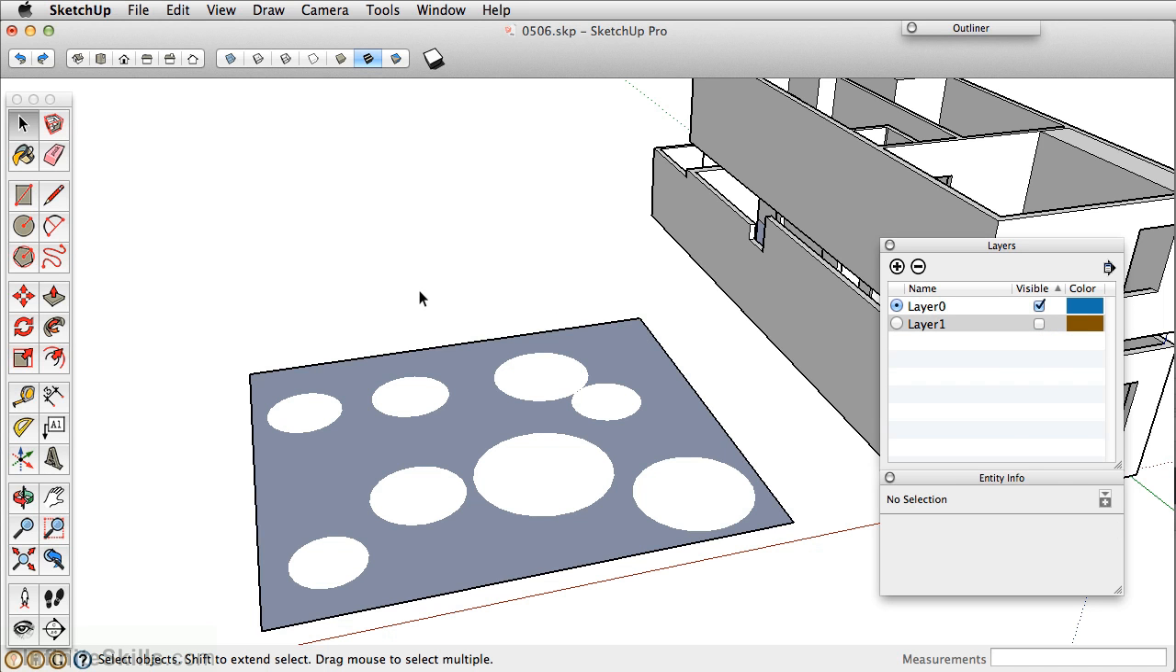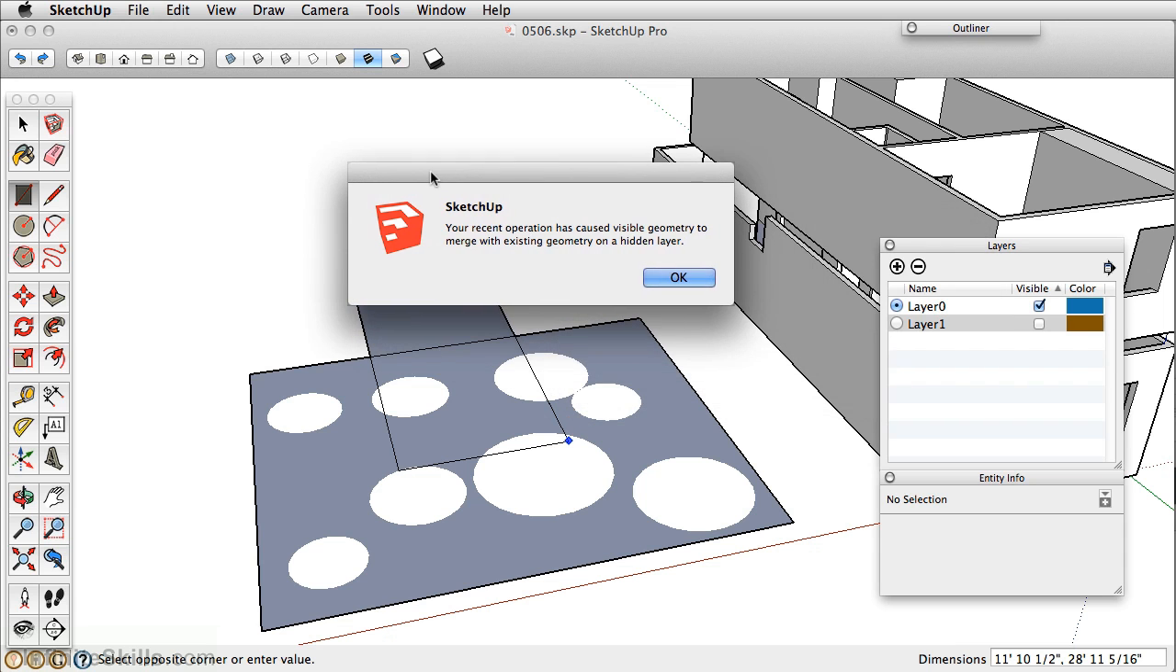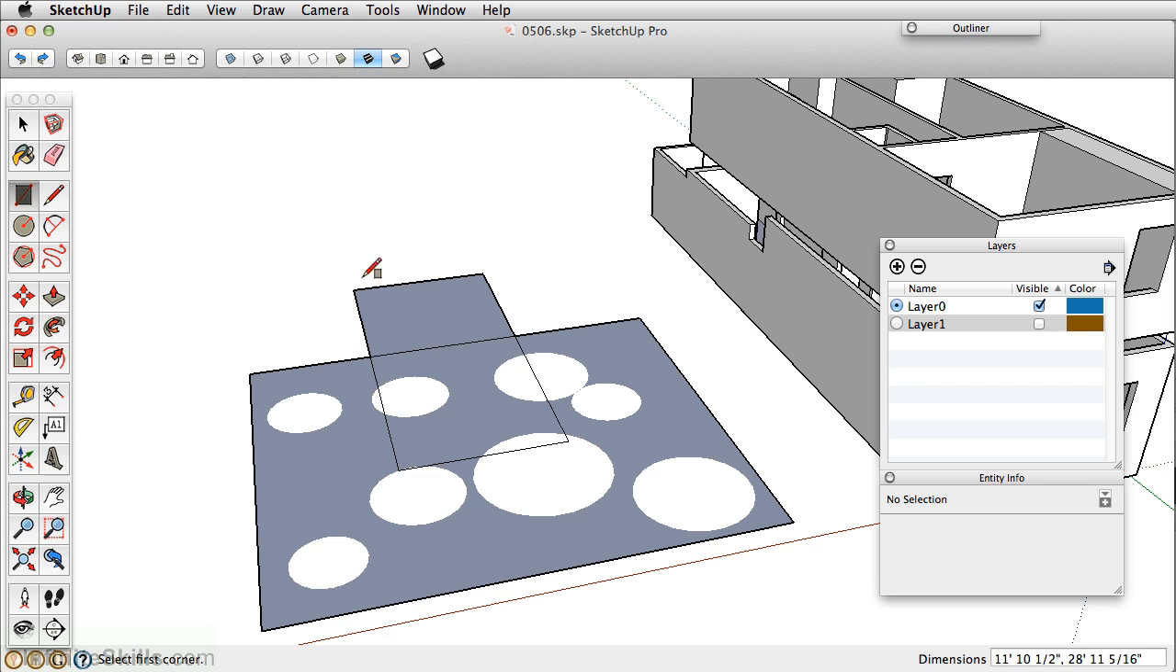The big reason why we use groups or components to control geometry is since these aren't groups or components, when I go to draw a new object, maybe on top of this, I'm going to get this warning. And it's telling me your recent operation has caused visible geometry to merge with existing geometry on a hidden layer. Even though the holes of our Swiss cheese are hidden, you can still interrupt or affect that geometry because we're drawing on top of it. To avoid this from happening, you want to make your objects groups, and you only want to use layers to